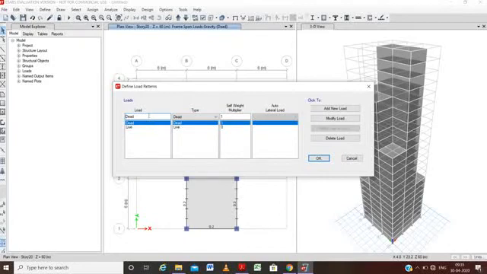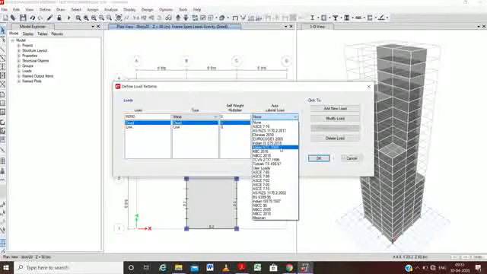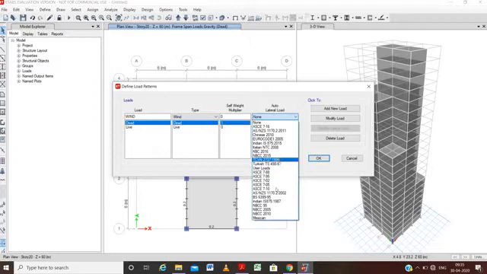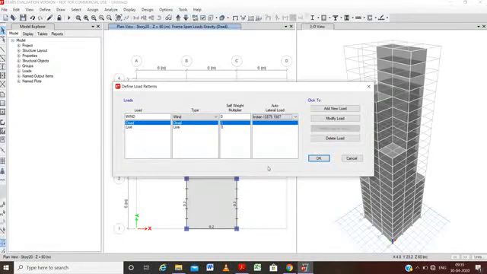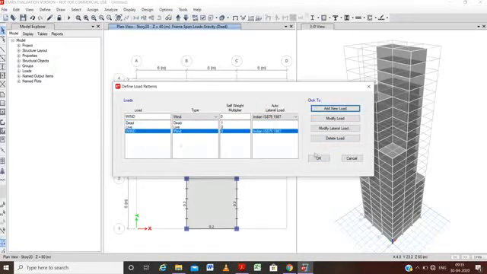We will change the load name to wind, type to be wind, and auto lateral load for IS 875 1987 as per Indian code we will choose here. Okay, this is all done. We will add the new load and the load is added here.